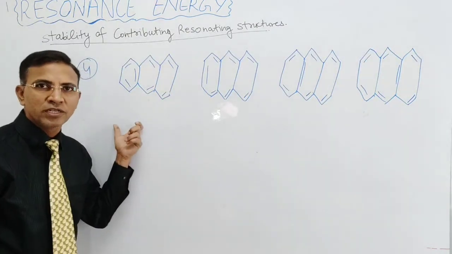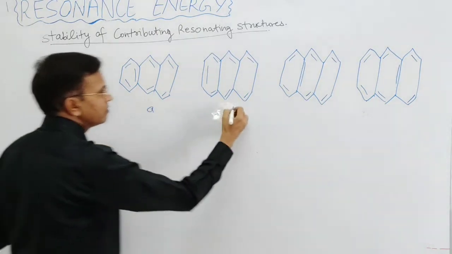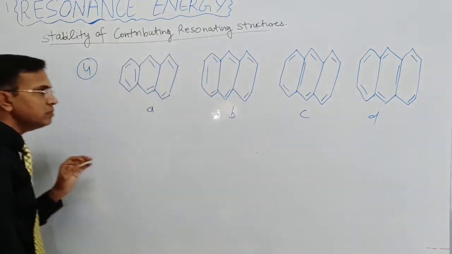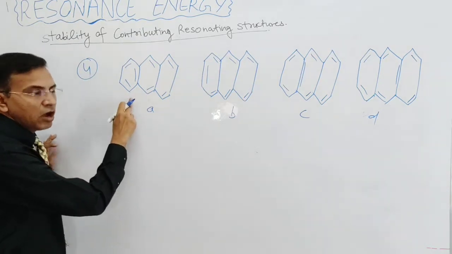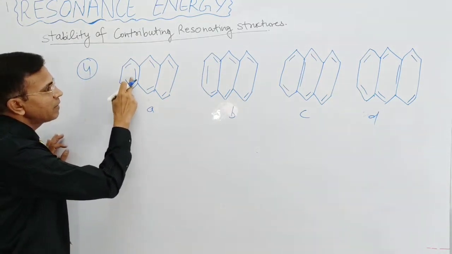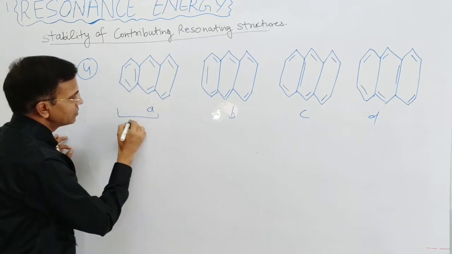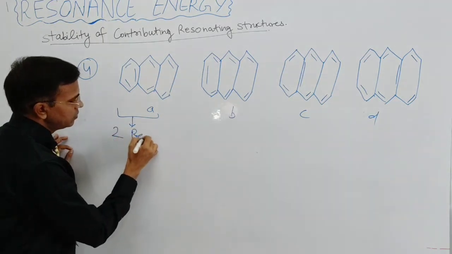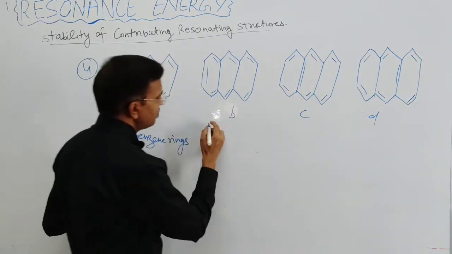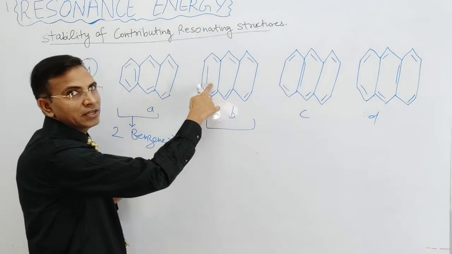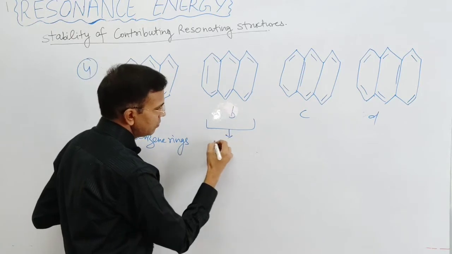One more question, the fourth question is this, a very interesting question. So in this question A, B, C and D, we are going to see this A has how many benzene rings? Two benzene rings, because these pi electrons are shared between this and this, right? So two benzene rings. Now in this example only one benzene ring is there. Pi electrons are not shared with this or any other. So one benzene ring.